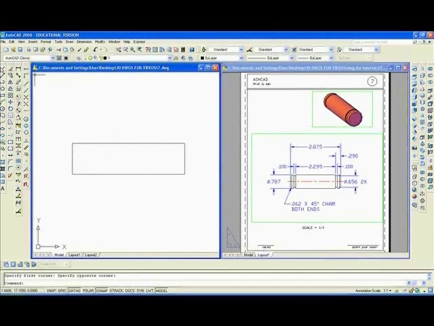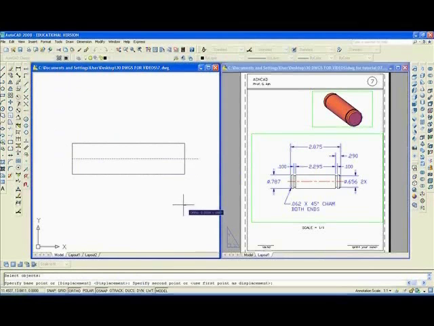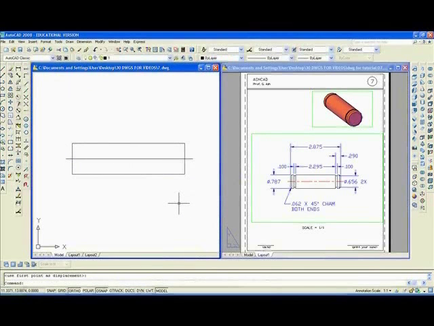Next, I'll draw a line from the midpoint here out there somewhere, anywhere. Enter, and I'll move it so that it crosses in both lines. And the next thing I guess I'll want to do is to offset, O, enter, 0.29, enter, from here to here. It's the same on both sides, so I'll offset